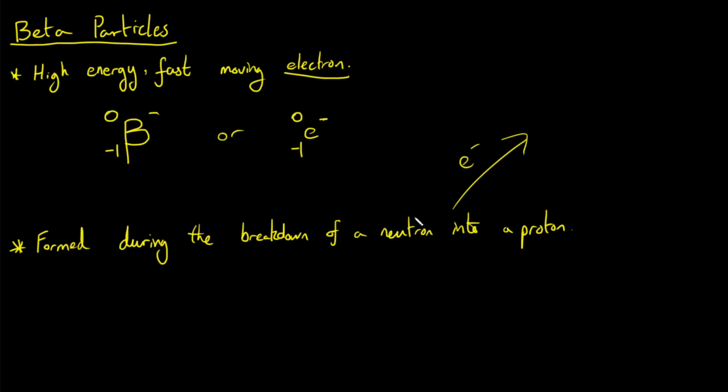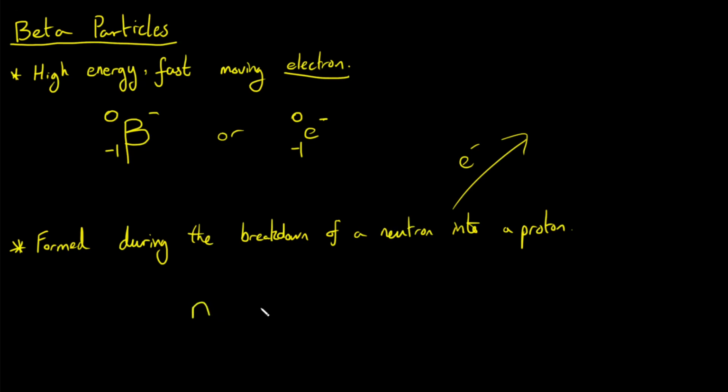produced. So if I change a neutron into a proton, that's fine, but at the same time, an electron is just fired out extremely fast out of the atom into the atmosphere, into the surrounding environment. And that is beta particle radiation. Okay, so that explains where the beta particle comes from, but doesn't quite explain this -1 just yet. So let's think more about writing this transformation from a neutron into a proton in more of a typical chemical